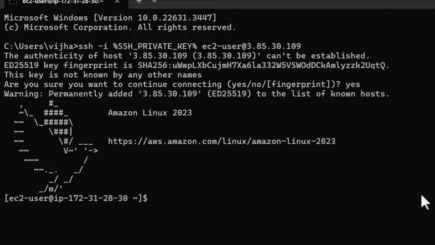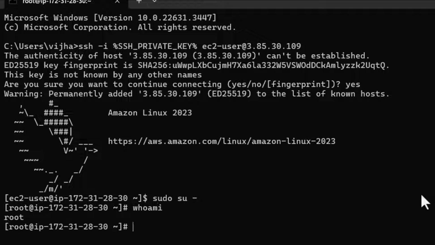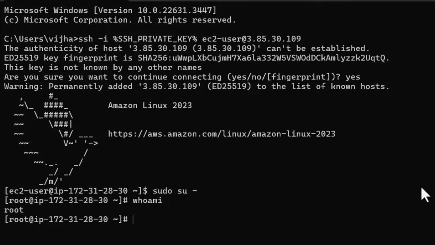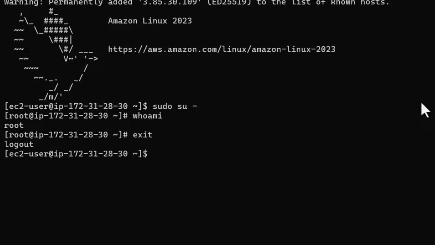and now we are logged into the EC2 instance. And with this account we are also going to have sudo access, which means we can switch to root. So if I do sudo su -, we are switched to root. If I do whoami, you can see right now we are logged in as the root user. So I'm going to exit and stay as the ec2-user. As you can see, right now we are logged in as the ec2-user,